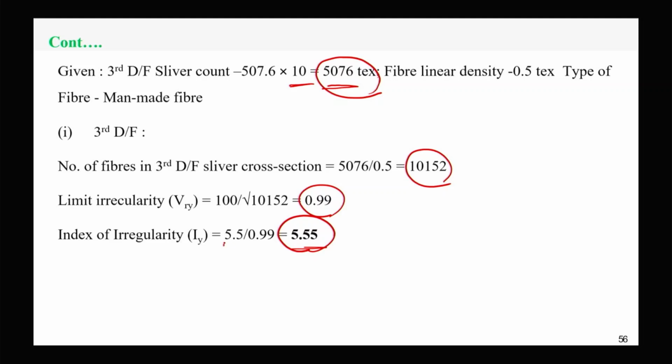So 5.5 is the irregularity of the sliver,